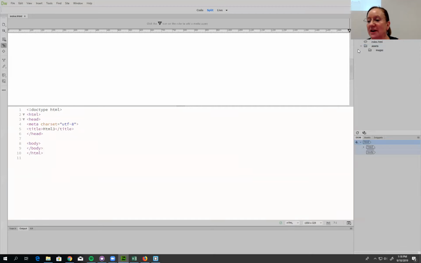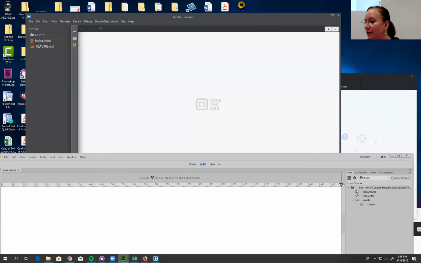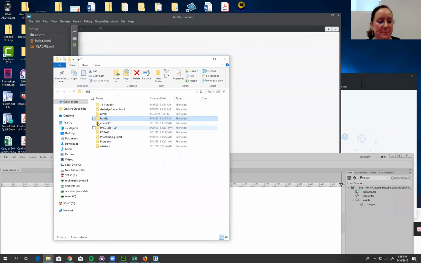Pretty soon we're going to create a CSS file in there, but right now we don't need it. Okay, so now I have this in here. Now what I want to do is, inside of that Git folder, I'm going to be using